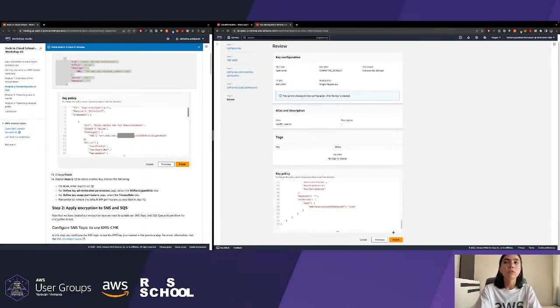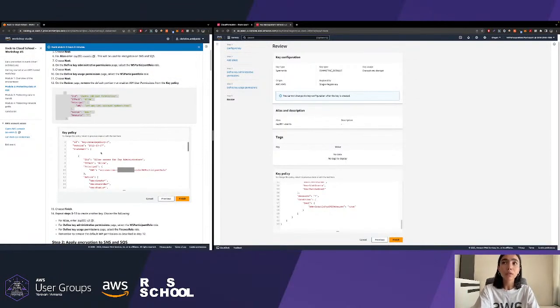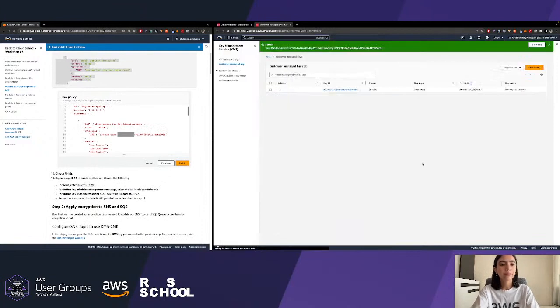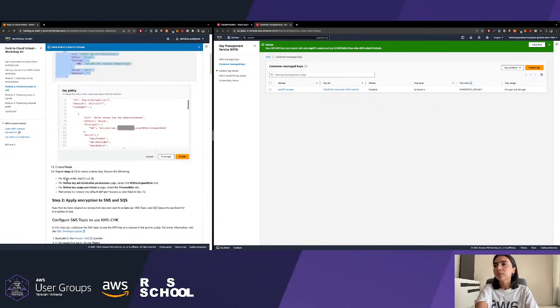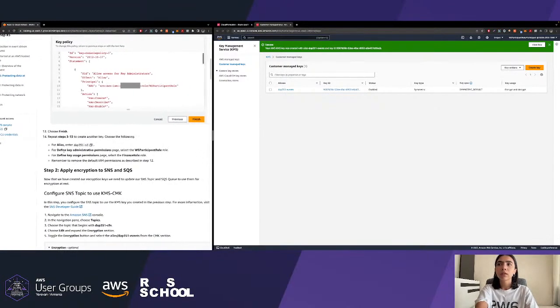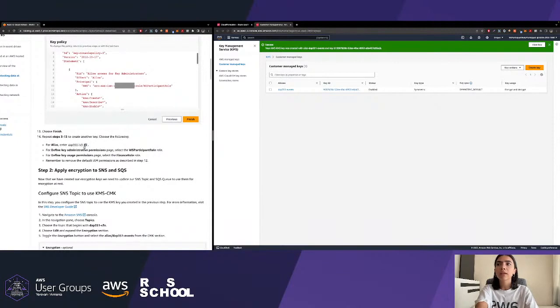So if you did everything as described in the documentation or followed me, just hit the finish button. Okay, now you can see we have the key named events created. So let's move to the documentation, and you can see that we need to create another key for the S3.